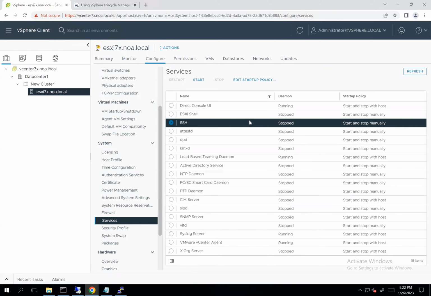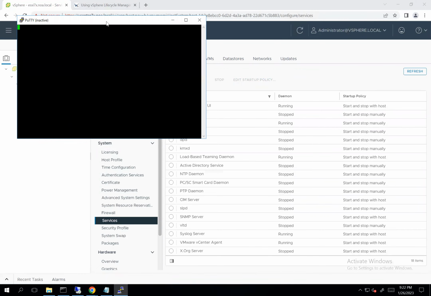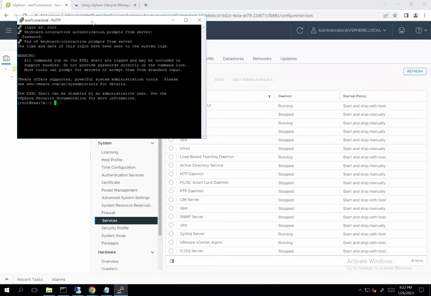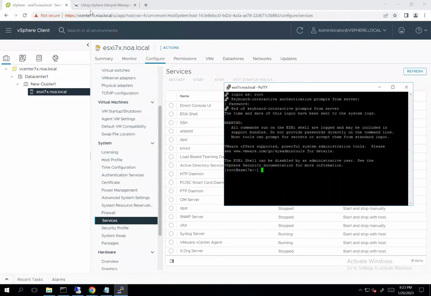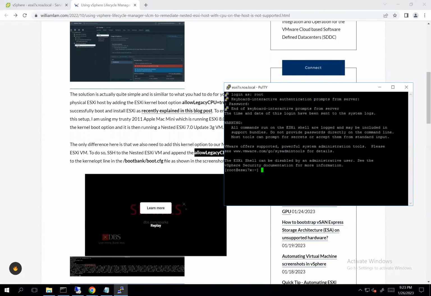All right, the SSH is started. Should work now. Okay, so login as root, and then let's go back to this article. So I have to go to boot bank,